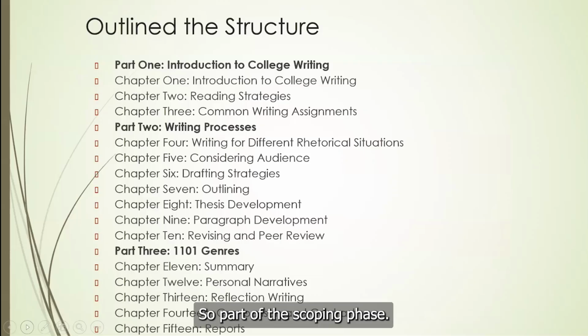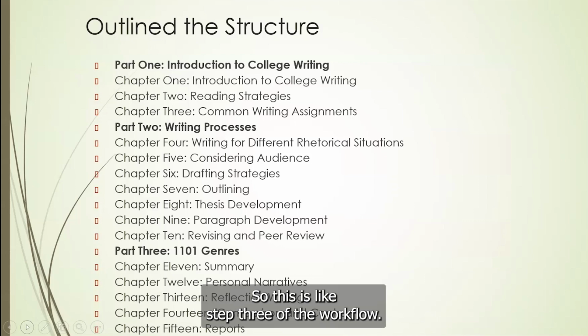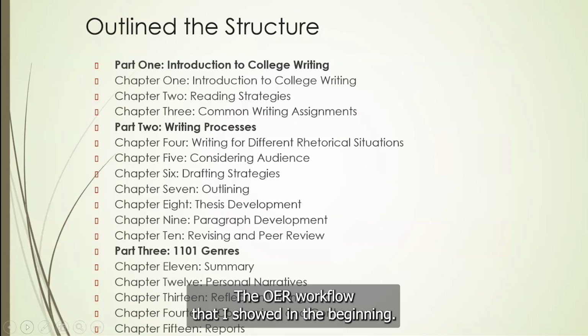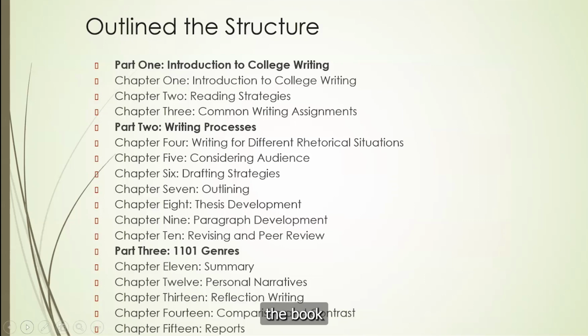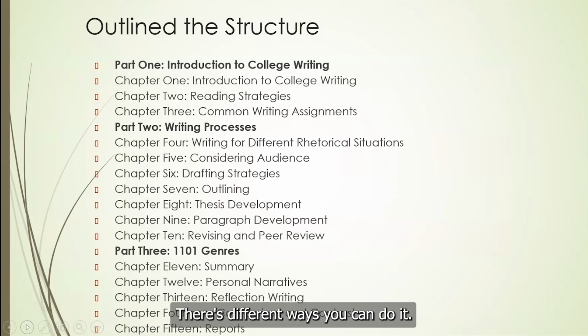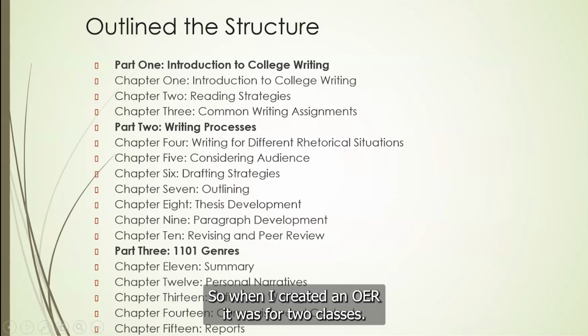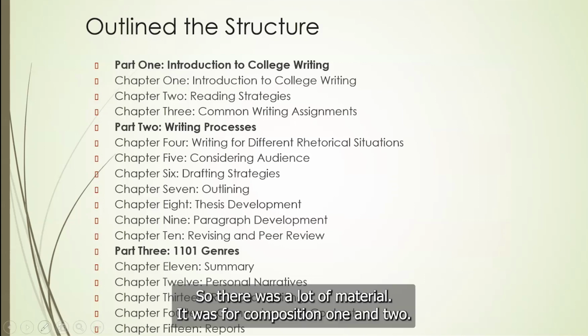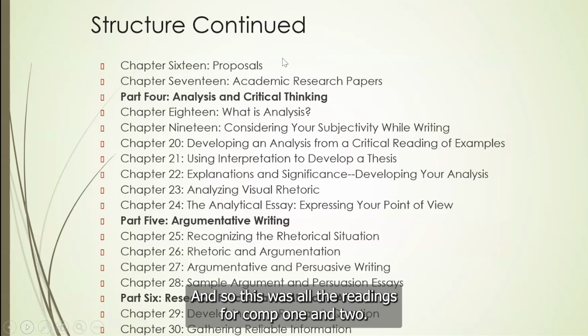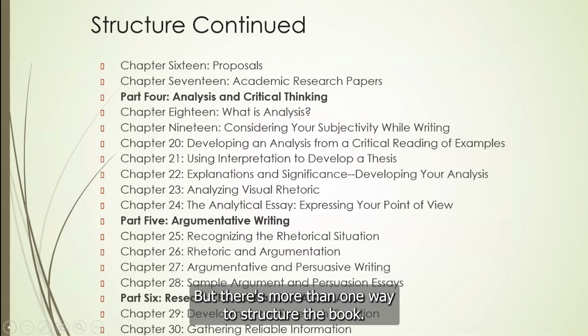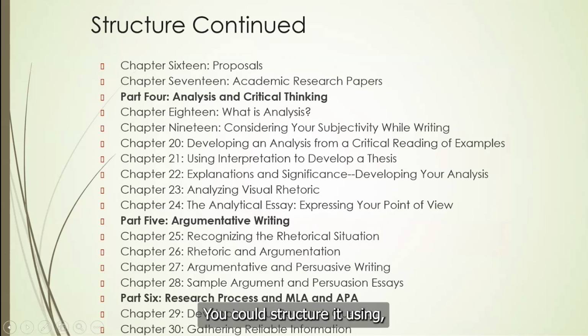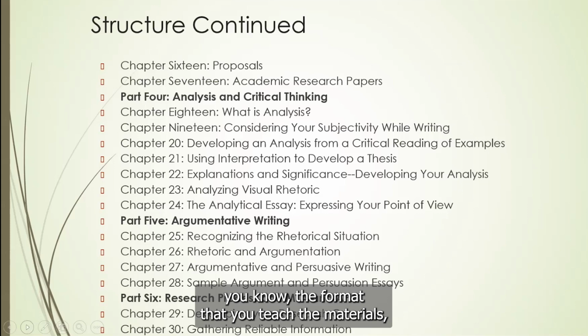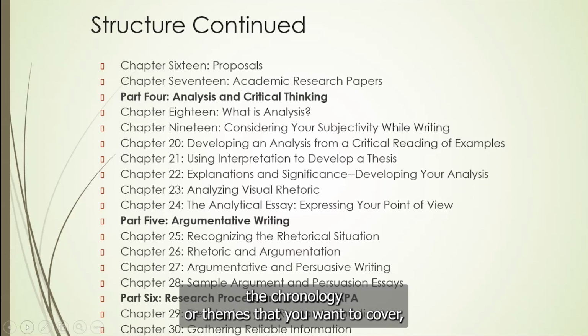So part of the scoping phase, step 3 of the OER workflow that I showed in the beginning, is outlining the book. There's different ways you can do it. When I created an OER, it was for 2 classes, so there was a lot of material. It was for composition 1 and 2, all the readings for comp 1 and 2, but there's more than one way to structure the book. You could structure it using the format that you teach the materials,